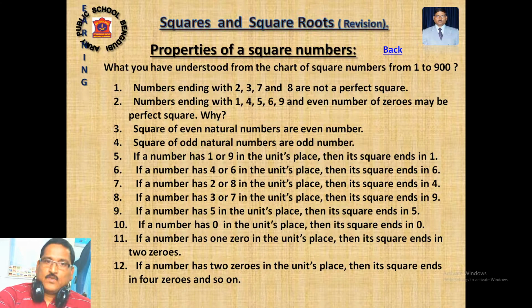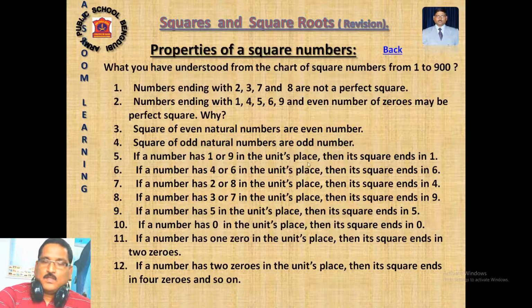Not exactly. Why? Say 4 is a perfect square number, but take numbers ending with 4: 14, 24, 34, so many 4s are there. They are not perfect squares. That's why I say it may be a perfect square number. Your answer will be an even number of 0s. 100 has an even number of 0s. 100 is a perfect square number, 10 into 10 equals 100. But 200 also has an even number of 0s, and 300 also has an even number of 0s, but they are not perfect square numbers. That's why numbers ending with 1, 4, 5, 6, 9 and an even number of zeros may be perfect